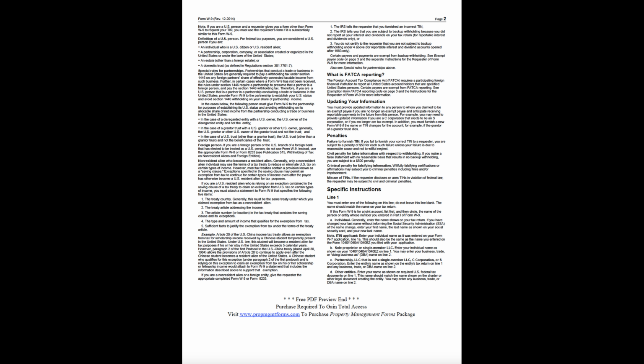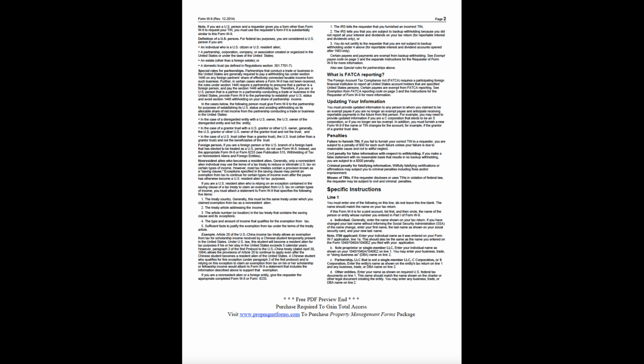301.7701-7. Special rules for partnerships. Partnerships that conduct a trade or business in the United States are generally required to pay a withholding tax under Section 1446 on any foreign partner's share of effectively connected taxable income from such business. Further, in certain cases where a Form W-9 has not been received, the rules under Section 1446 require a partnership to presume that a partner is a foreign person, and pay the Section